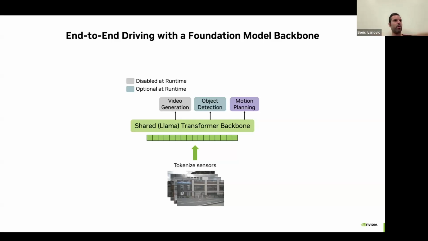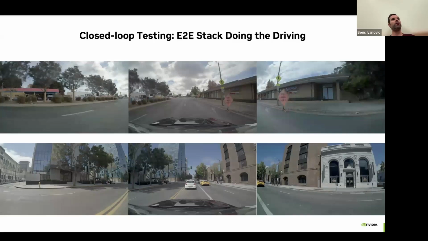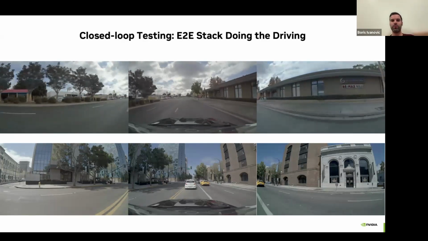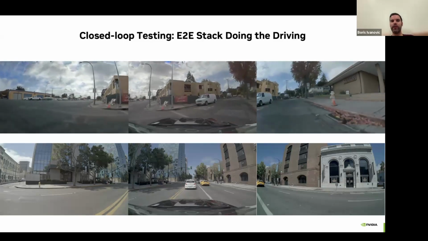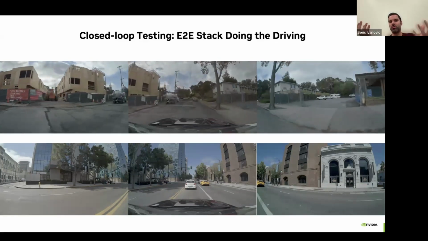And rather than just a small, let's say, Q-former style transformer, we scaled up the backbone as well, in order to have this autoregressive encoding and decoding capability. We've trained this model on internal data, and then deployed it in simulated scenarios to see if this archetype of design can actually drive without many hand-coded guardrails or anything like that. And what I'm showing here is exactly this stack actually driving in a NeRF reconstruction of an